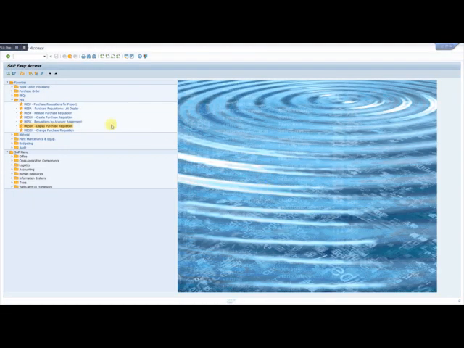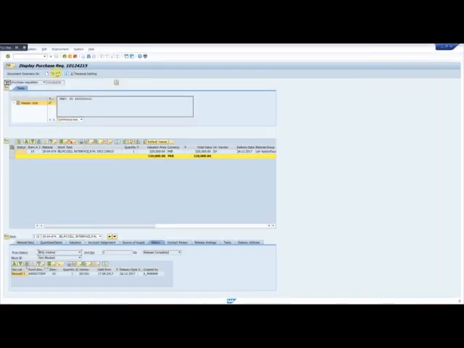Hello guys, now suppose we have a PR number and we want to see the status of the procurement of the item. So we will go to the transaction display purchase requisition, ME53N. Here we put the PR number, which is this one in our case, and then we get the status.